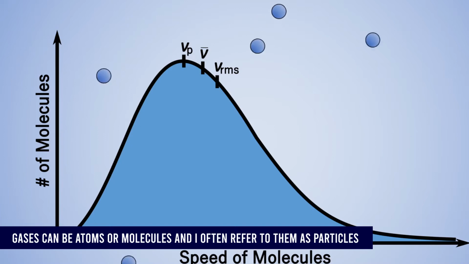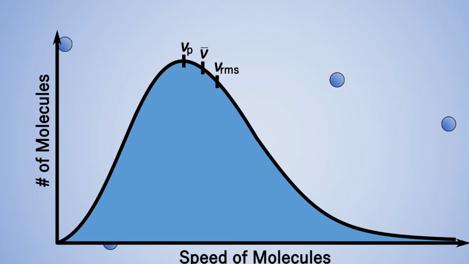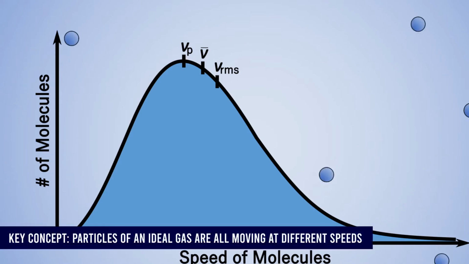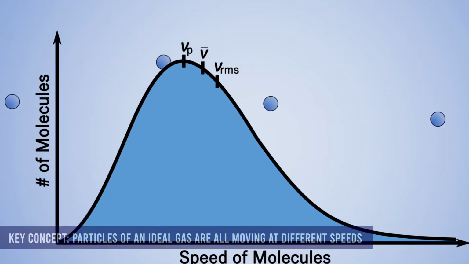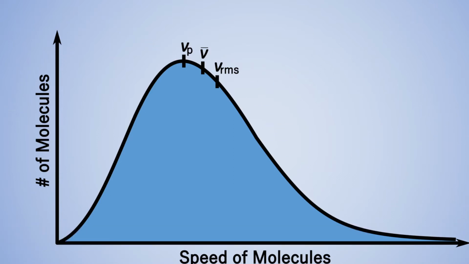So if our container has some gas particles in it, they're constantly moving, and something specific about the way they move, if you'll notice, is that they are not all moving at the same speed. You've got some that are moving fairly slow, some that are moving quickly. All right, let's go ahead and stop this. This gets kind of busy. Okay. In my imaginary container, there are only a few, maybe 6 or 8 particles moving around.